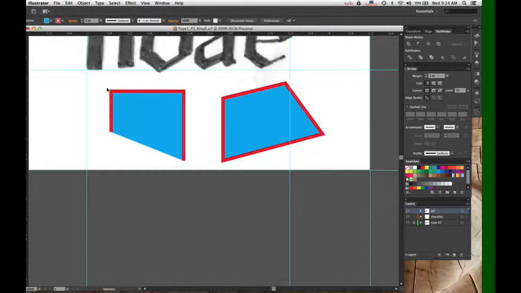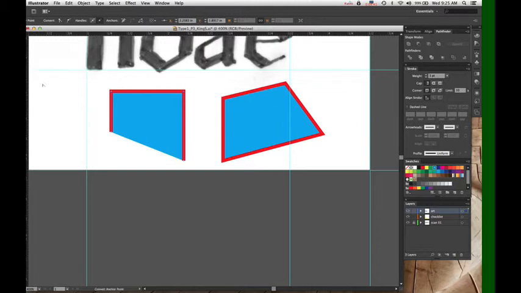Now, suppose I want some curves in here. I have just drawn straight lines. I want some curves. We go back to our pen tools, hold down the mouse. You see we get all kinds of other tools here. The basic one is the pen tool. You can add anchor points with this plus one, and delete anchor points with the minus one.